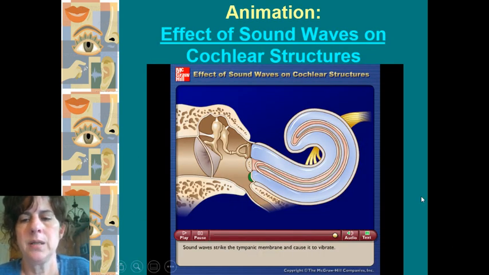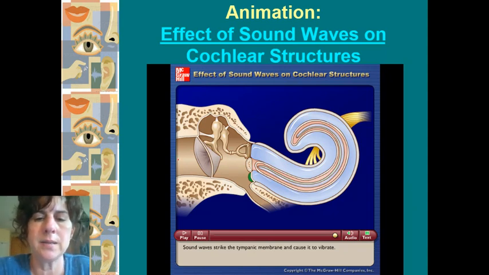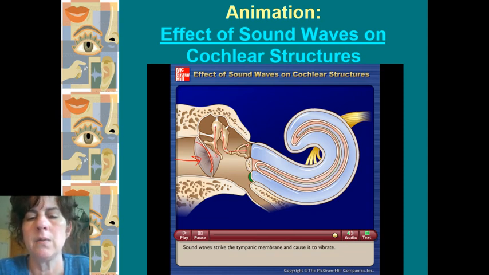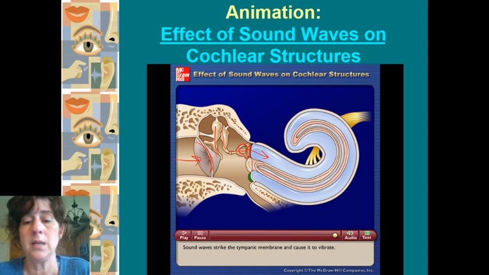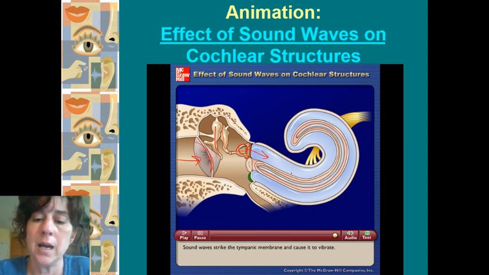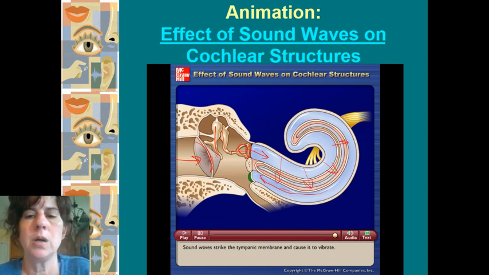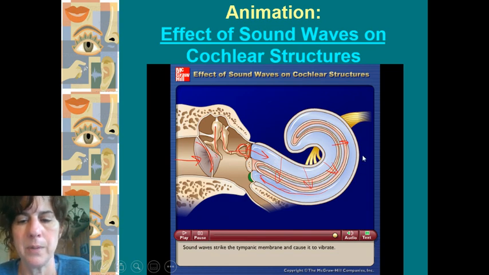Okay. So I'm going to put this link on D2L, but it does show how the sound waves come in here, become a physical vibration with the tympanic membrane, and stimulate the first bone, the second bone, and the third bone. So the malleus and stapes right here, stapes, oval window, and then it sends that vibration through the fluid in the scala vestibuli, and then at some point crosses and stimulates nerve cells across these membranes, and eventually will travel back out to the round window and out again. But this determines pitch. So watch this video because it's a nice video that shows you how pitch is determined in there.